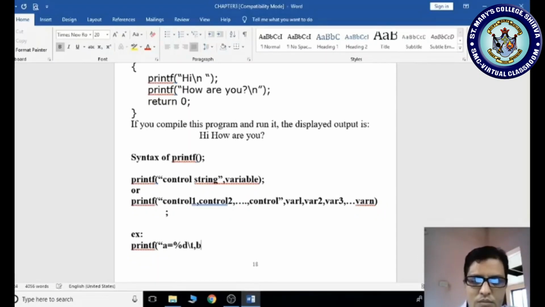Comma, b is equal to %d \t, type space, okay, comma, c is equal to %d \n. Whenever the control is finished, likewise you can write within a single printf to display the entire result. Okay, so likewise you can display the result within a single line only.